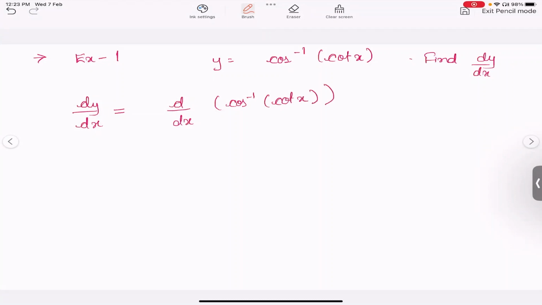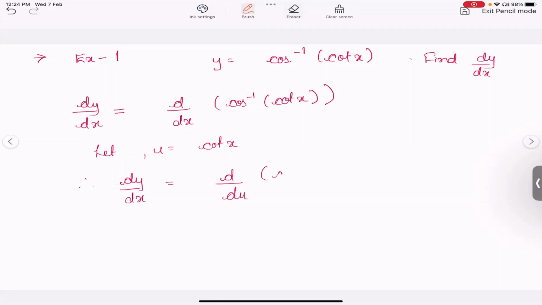Now this will be equal to, first let's do substitution. Since we are using chain rule and it is a complicated function, let's substitute the values first. So let u be equal to cot x. Therefore, dy by dx will be equal to dy by du,